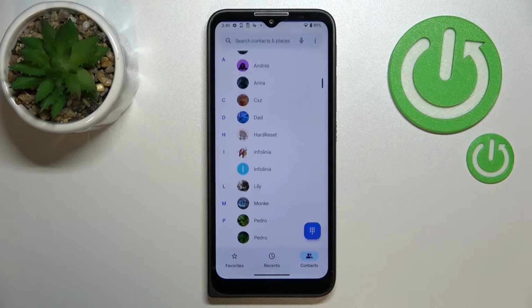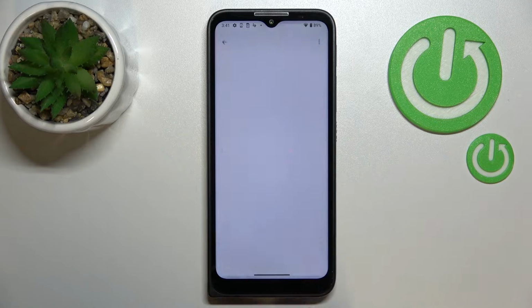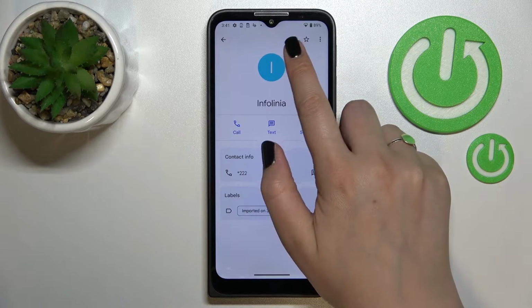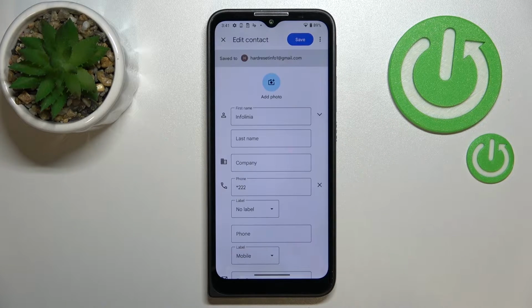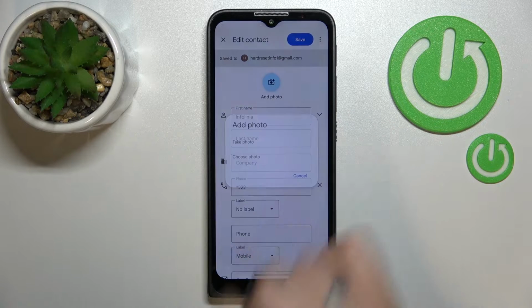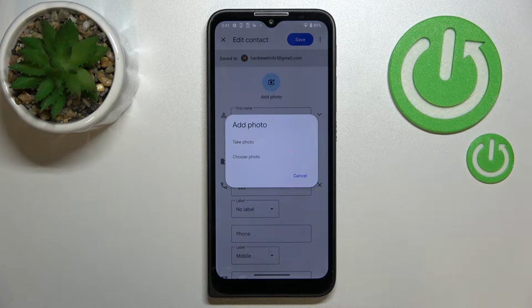So first of all, let's open your contact list, for example using the dialer, find the contact you'd like to edit and tap on it. Now let's tap on this edit icon in the right upper corner, and here tap on the camera icon right in the middle. As you can see, we've got two different options from which we can choose, so we can